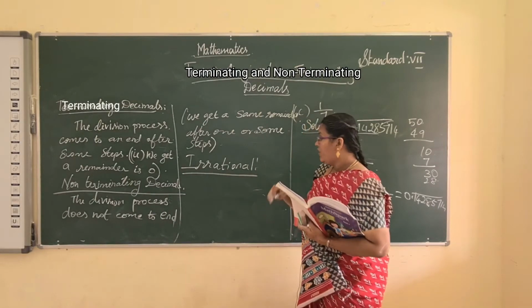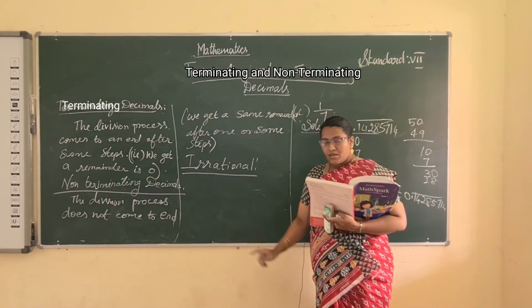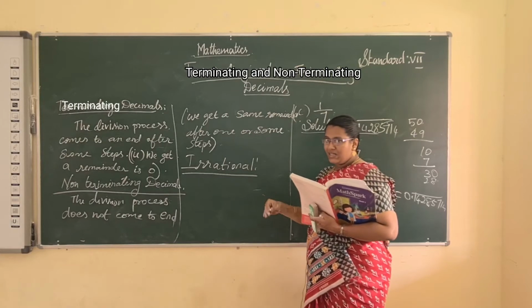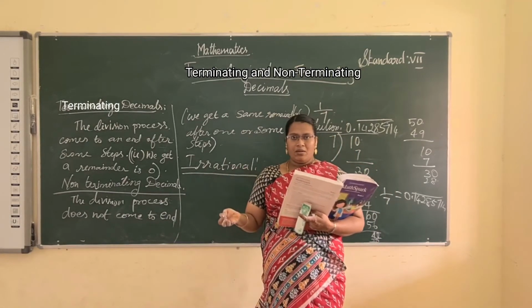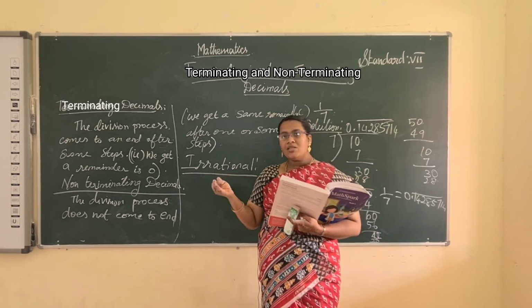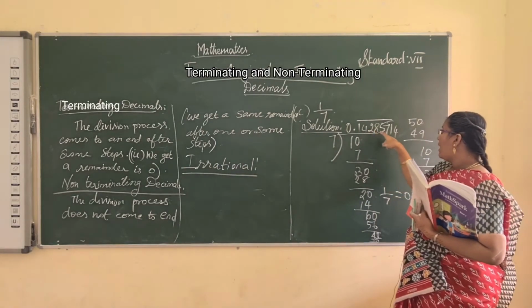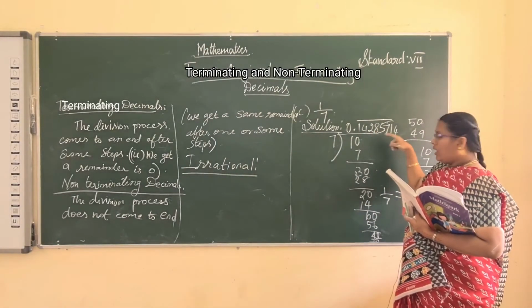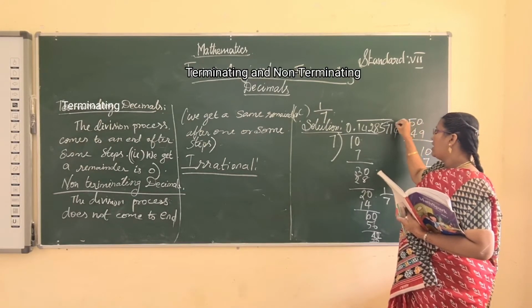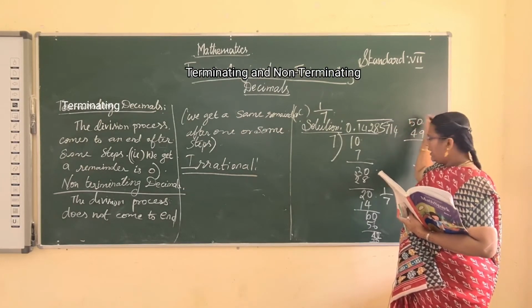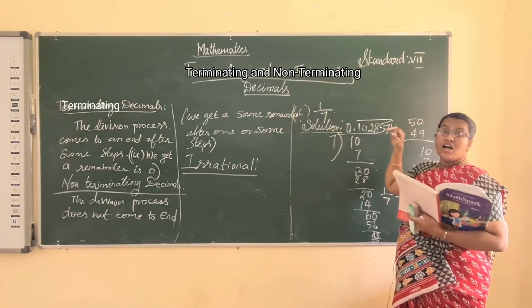What is the meaning of non-terminating? Endlessly going, is it? That is called non-terminating. So non-recurring; recurring number means repeated. Non-recurring means we have different numbers 1, 4, 2, 8, 5, 7, and again other numbers, 9, 2, 3, 5, 6, 7. That is a non-recurring number.